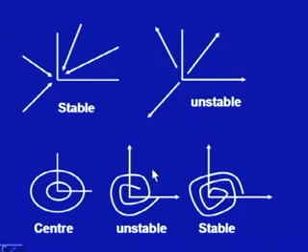And if the real part is positive, then if we start from this equilibrium, this position, then we will go away and away from the 0 equilibrium point, and we say the solution is unstable. So, when lambda 1 and lambda 2 are complex and the real part is positive, then this is the direction in which we will be moving on the phase space, and we say the solution is unstable.